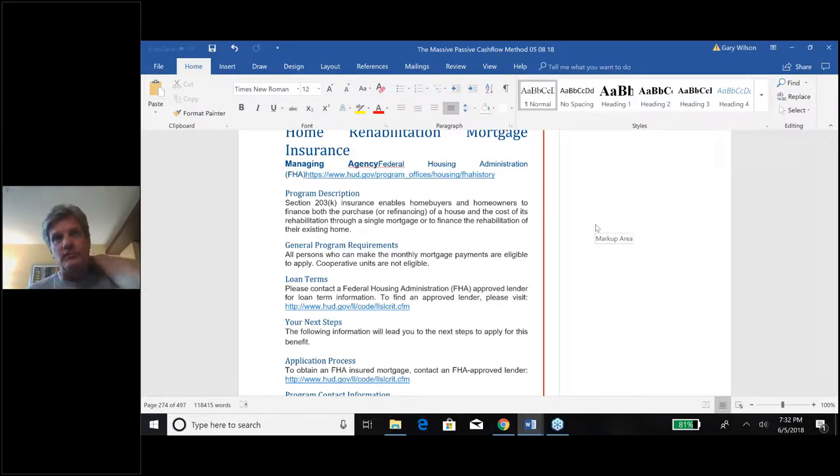But it's a great way to buy a property with the funding in the loan. The loan will include money for the purchase and the remodeling. You can do it on a new purchase, or you can do it on one you already own, a refinance, and pull out money to basically do the remodeling. I love these programs. I haven't done them all, but some of these I've actually done myself. In fact, let me check for questions here. Let me know, for those of you who are out there, if you've done one of these loans before, or you've had clients who've done that. Okay, now I'll keep trucking along here.